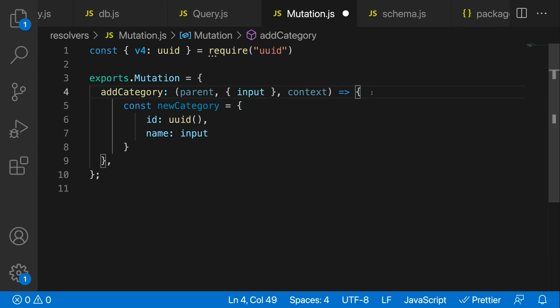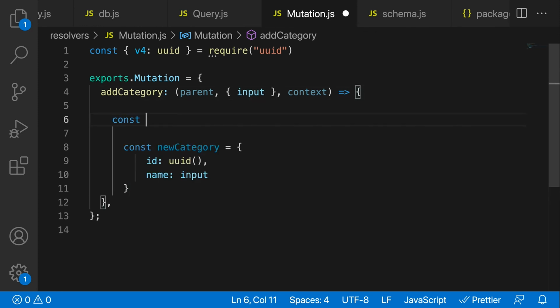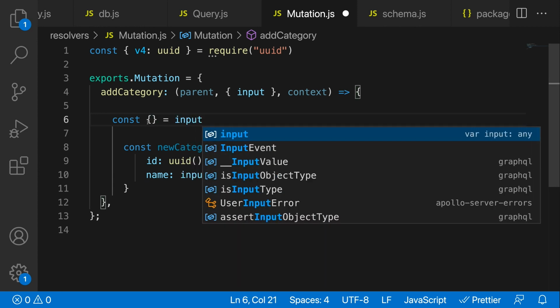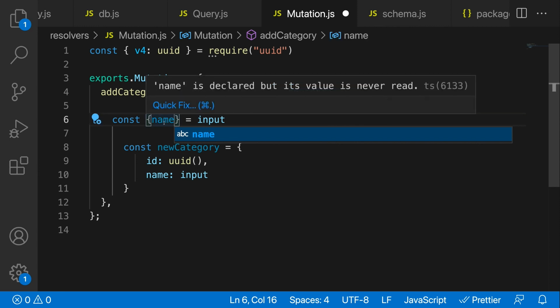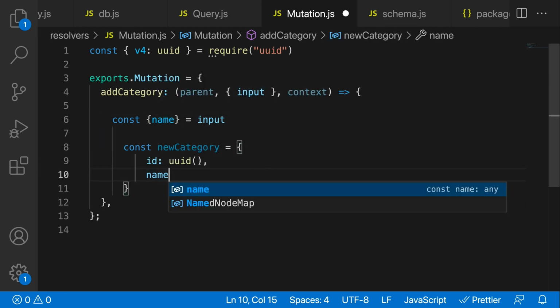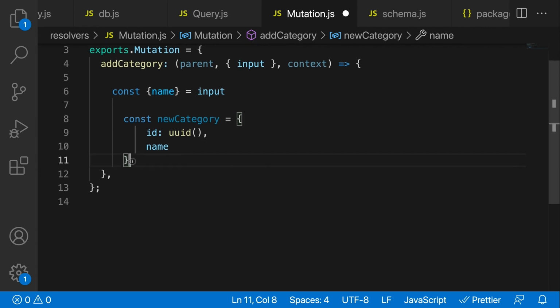Now one thing that we can do is simply destructure out everything from the input. Right now it doesn't really make much sense, but if this grows larger, this might make a little bit more sense. But right now it's just the name. So we can just go ahead and destructure that out. And that's pretty much it. That's the new category. And now what we want to do is we want to add it to the categories